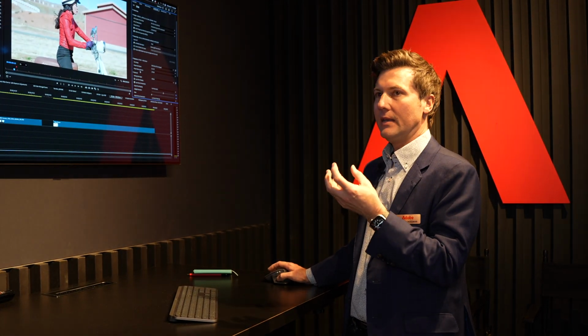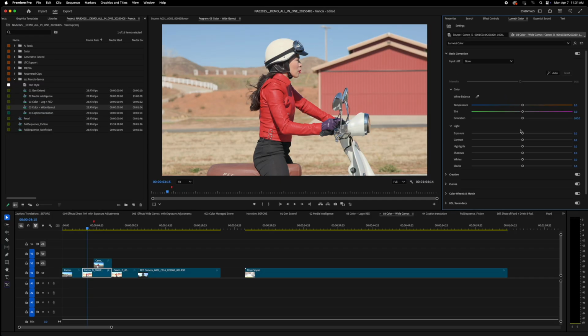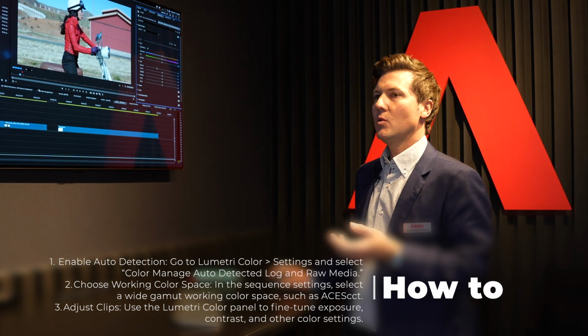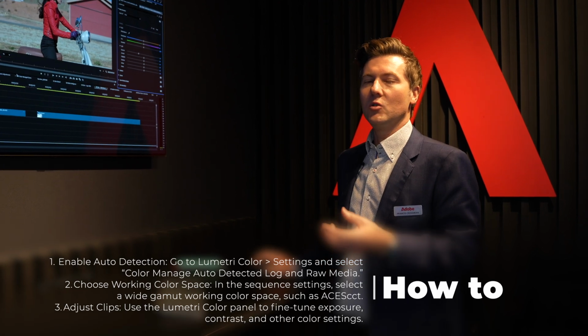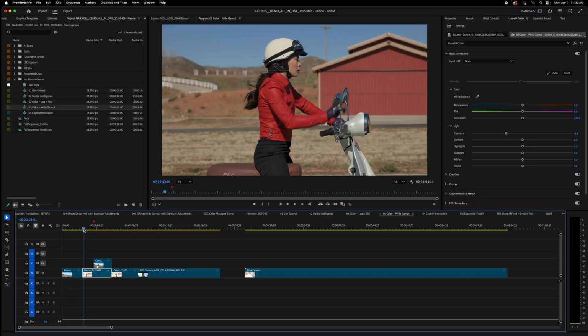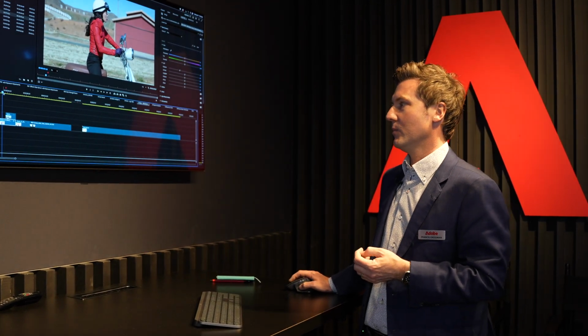And now that we've got this enormous color space to work in, we can retain all of the original camera detail. So when I do this same exposure example, notice how it retains that sparkle. It retains that vibrance. We still see the specular highlights in the chrome on this scooter. And so you get to a much better starting place much faster. You not only get better results, but you need to do less work to get better results. So this wide gamut working color space is really going to open up a lot of opportunities to get much better fidelity color renderings in Premiere.